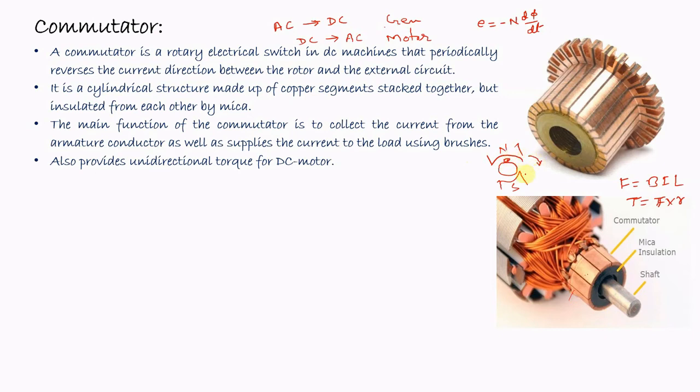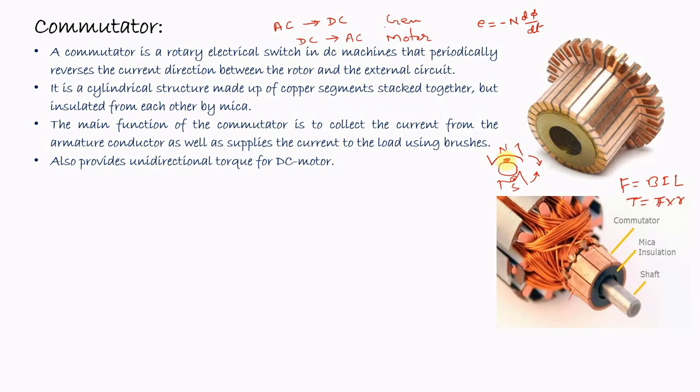the clockwise direction. Now, when this armature rotates and it comes under the south pole, then the magnetic field will now be changed. So, if we do not change the direction of the current through this conductor, then according to Fleming's left-hand rule, now the force will be developed in the anti-clockwise direction. So, we will not get a unidirectional torque, so the machine will not perform as a motor.